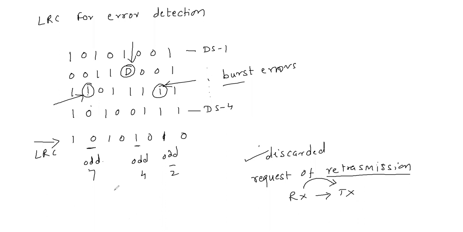The optimum block length depends upon the error rate of the channel. What should be the size of the block, 8 by 8, 9 by 9, or whatever, is decided by the error rate generated in the channel. If the channel is very noisy, the error rate will also be very high. A long block will reduce the amount of redundant information if there are few errors, but it also requires a very high channel rate. And sending retransmission requests frequently to the transmitter will degrade the entire performance of the system.